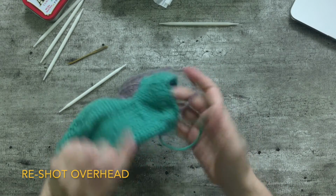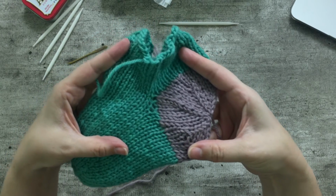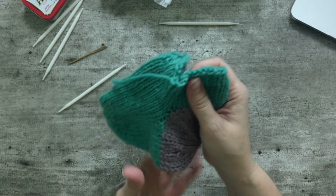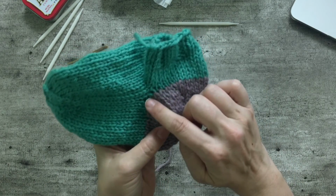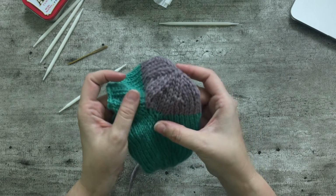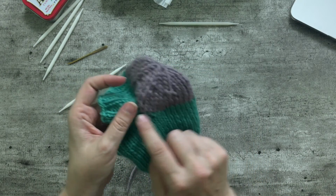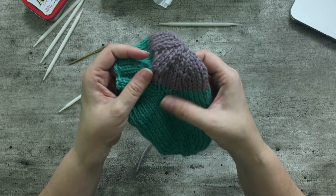So we're back to the reshot overhead. Again, technical problems, but I wanted to show you what this finished heel looked like. And you can see here where I picked up those stitches, I did avoid the gap. Now, right in there, the stitches look a little wonky right now where I did do some of the pickups,